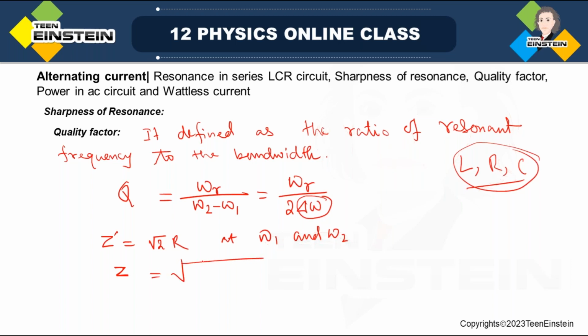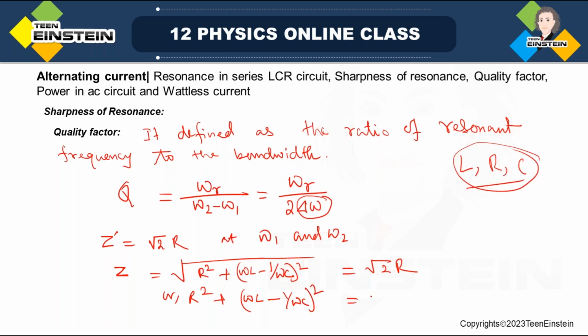We know this is omega L minus 1 over omega C, or vice versa. We could also write the 1 over omega C term in front, because the square doesn't matter if I write this term first or this term first. So this is actually becoming root 2 into R. Now if we square both sides, we get (omega L minus 1 over omega C) whole square equals